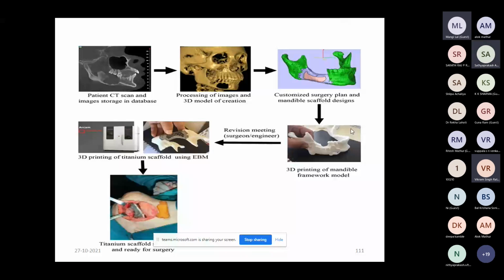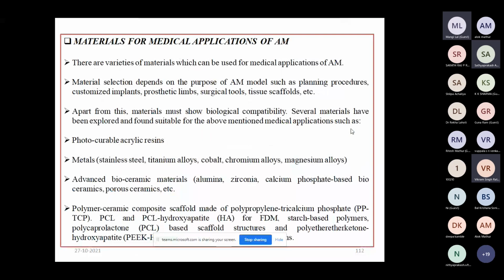Okay, so what are the materials for medical applications of additive manufacturing? Obviously, for medical applications, these have to be biocompatible materials if we generate any component of the body from that material.